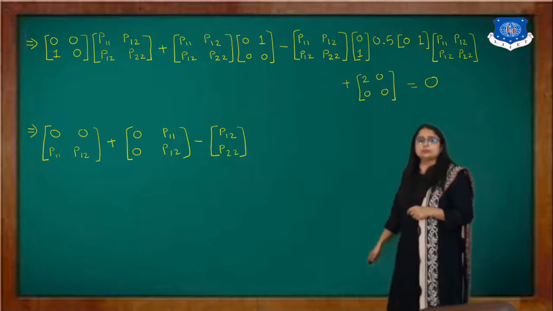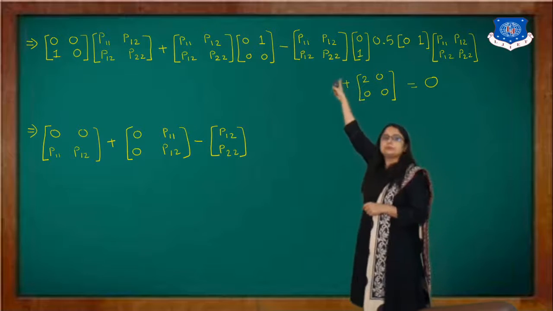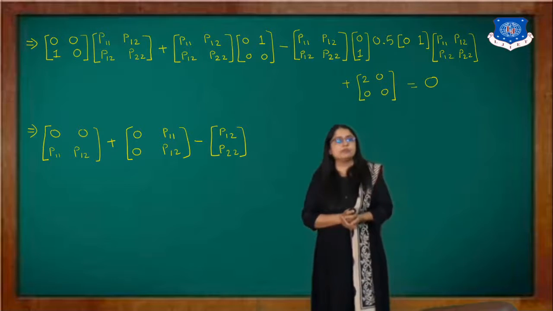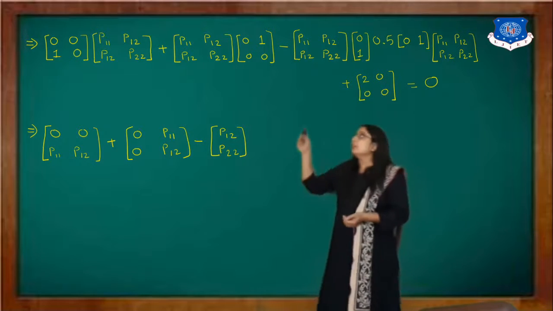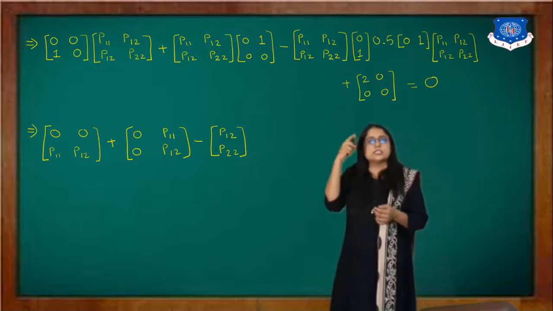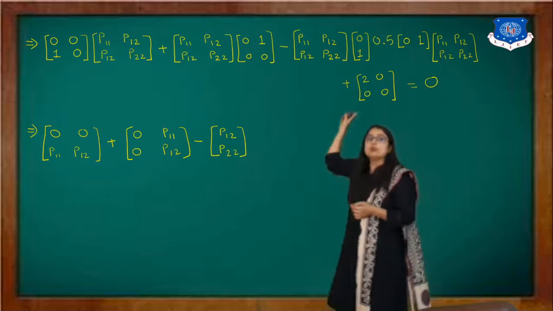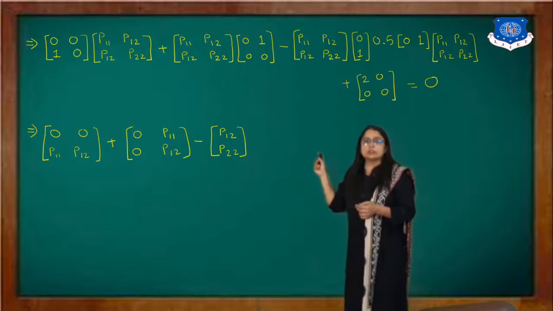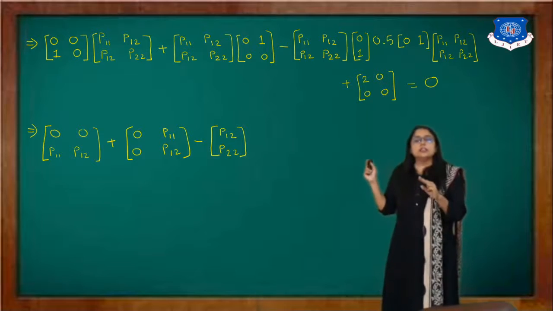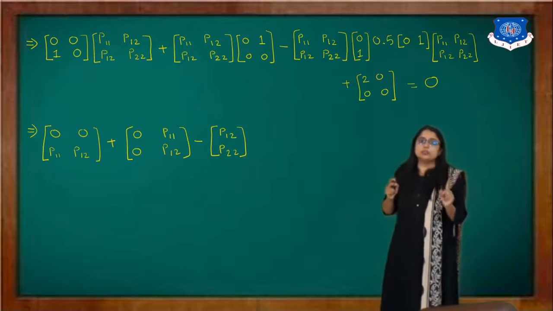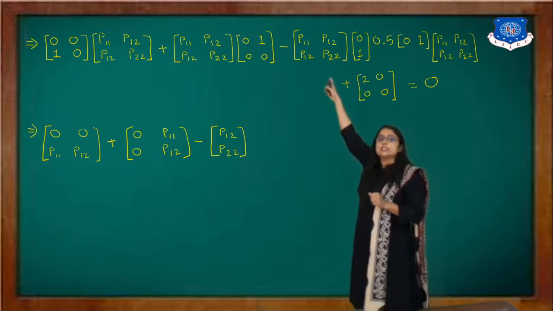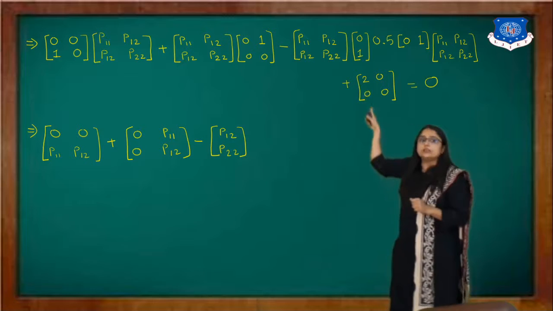Now what we will do? We will multiply these two. How can we find out the size of the matrix when we multiply two different matrices? The size of this matrix is 2 cross 2, and for this matrix we have 2 rows and 1 column, so it's a 2 cross 1. So when we multiply this 2 cross 2 with the 2 cross 1, our resultant matrix will be 2 cross 1. When we multiply, the first row goes with the first column.